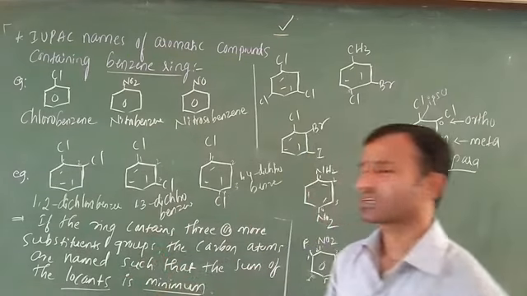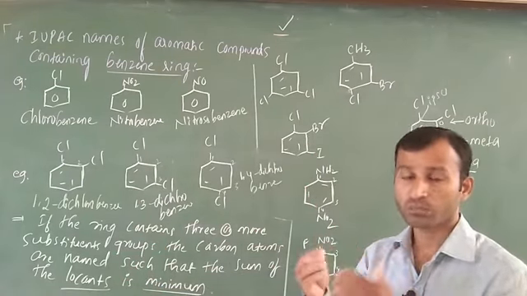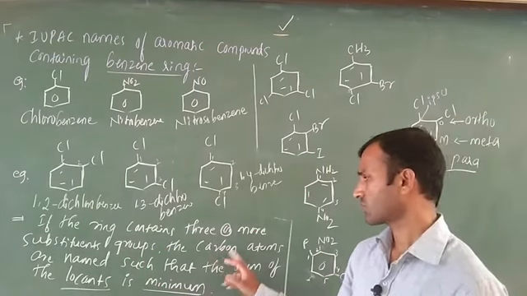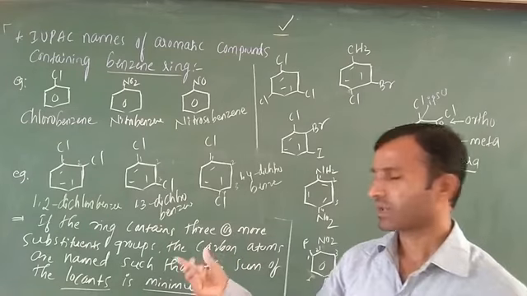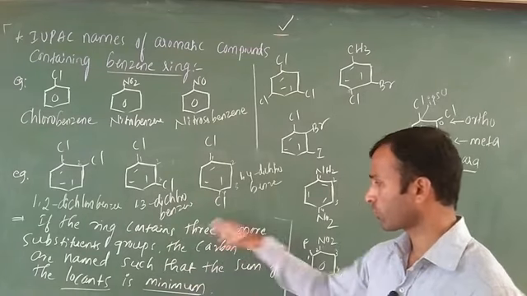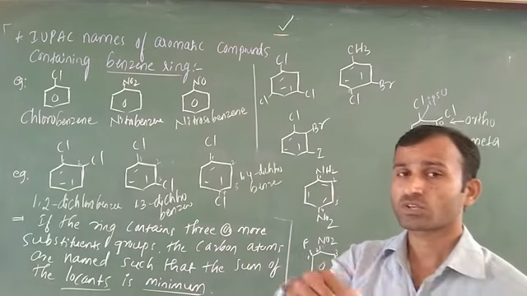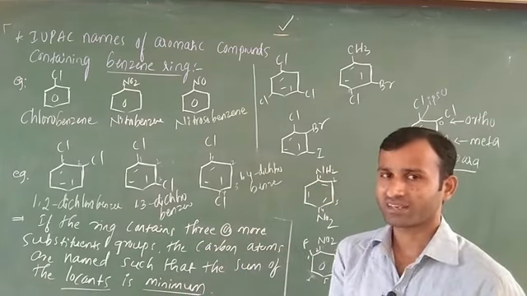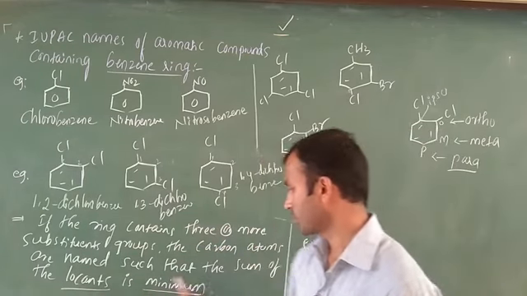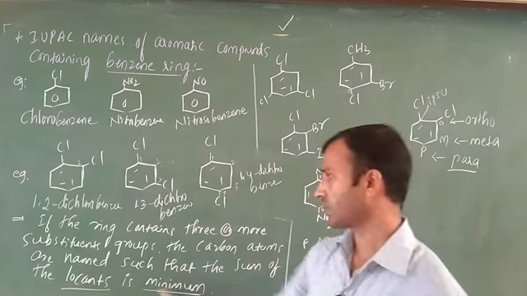In this case, what happens if the ring contains minimum 3 substituents or more than 3 substituents? Compulsorily, how do we start writing the carbon atom numbering? Minimum locant rule. In this case also you have to follow the minimum locant rule. After that, if 3 substituent groups are there, compulsorily you have to write them in alphabetical order, that is mandatory. Next, bear in mind, compulsorily we are going to maintain the locants minimum, that is, the sum of the locants is a minimum. No problem.